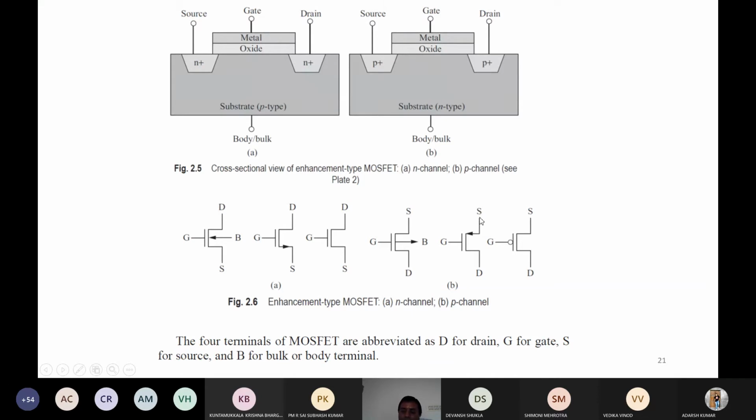Source is here and it will be connected to the VDD generally, and the arrow is coming towards the gate. Drain and gate are shown, and this simple symbol is replaced by some bubble. Here on the gate side some bubble is shown. So just the opposite type of symbol is shown for the p-channel MOSFET. In this way, these are the frequently used symbols in the various circuit design parts.